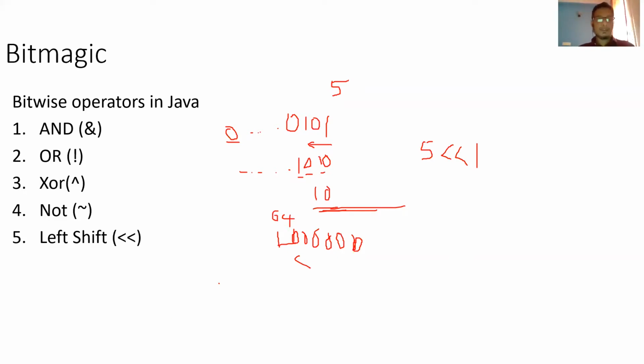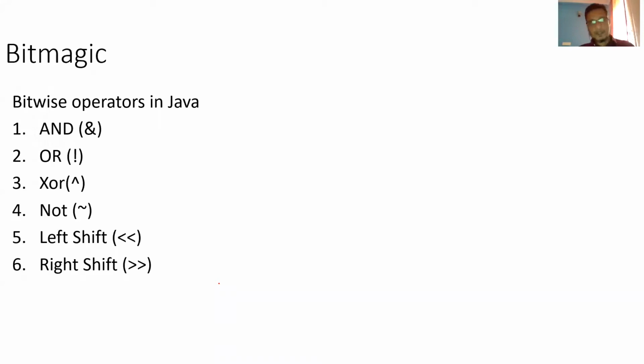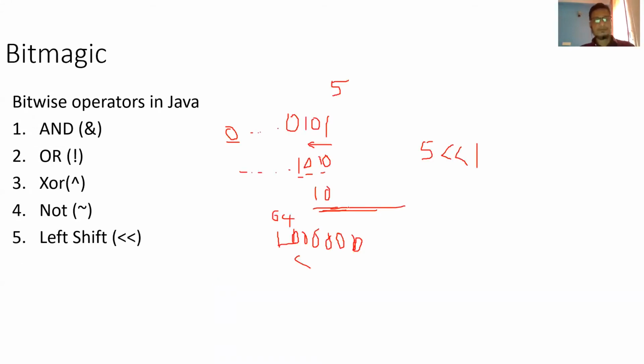Okay. So similarly, right shift. Right shift is similar to left shift, but the only thing is that it does the shifting on the right side. Exactly the same thing, but instead of multiplication, it divides the number. For example, now we have 5. If you right shift, this 1 will go off, and you will have 0, 1, 0. So it will be 2. You can take any big number, like for example 64. If you right shift here, it will come to 32. We just did the left shift, and then it is a right shift.